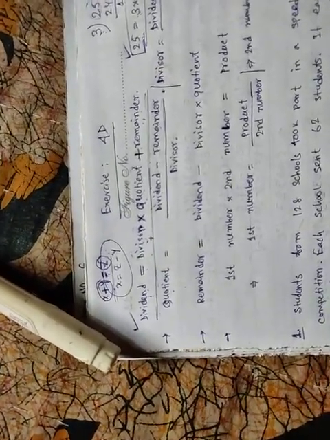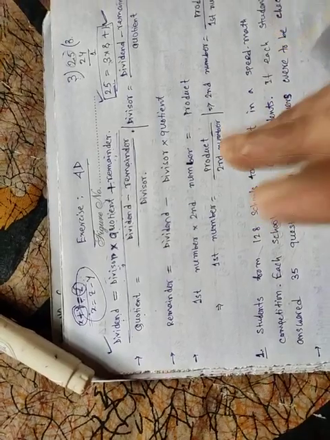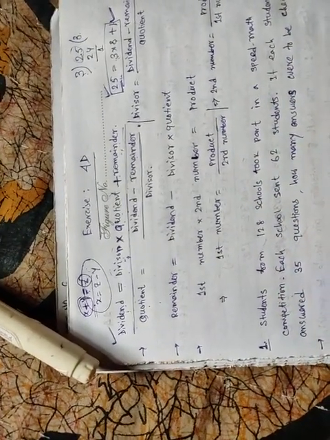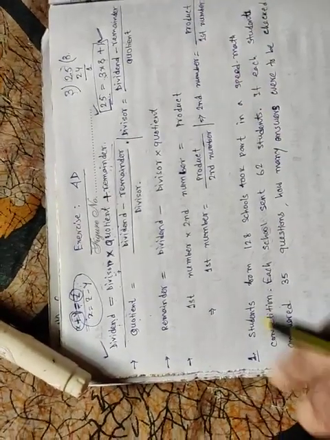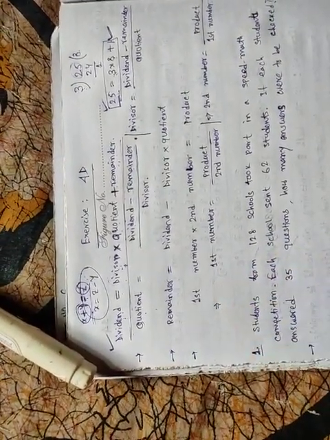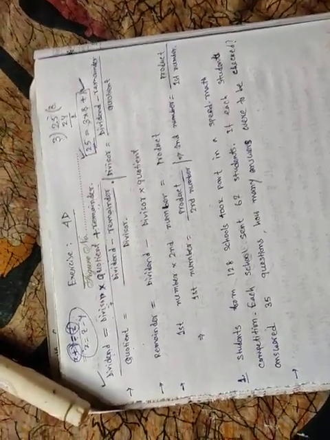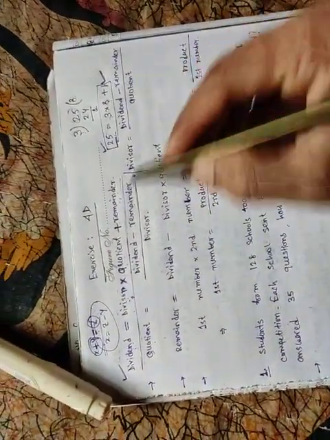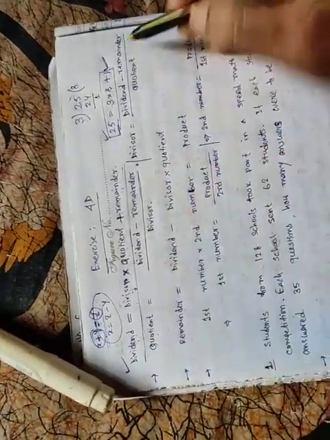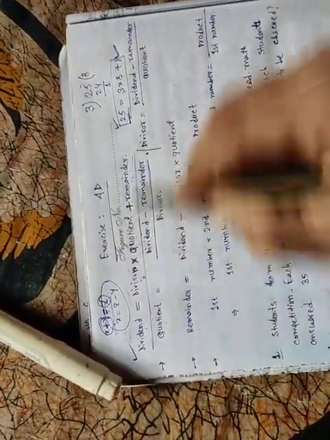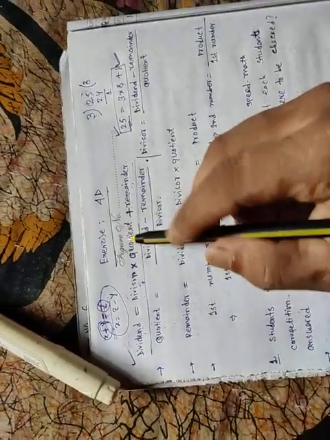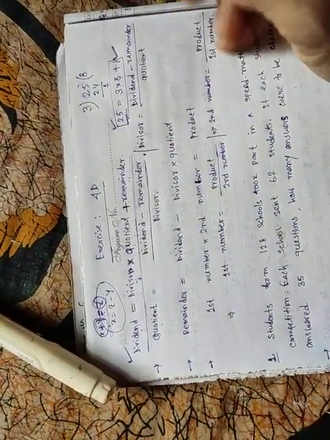There is one thing you remember. When we change any number from one side to another side, then the function will be changed. When there is positive, then it will be negative. When there is negative, then that will be positive. When there is division, then that will be multiplication. And when there is multiplication, then that will be division. Similarly we can calculate the divisor: dividend minus remainder, and since quotient is in multiplication, we have to divide by the quotient.